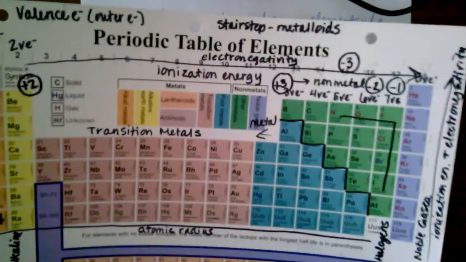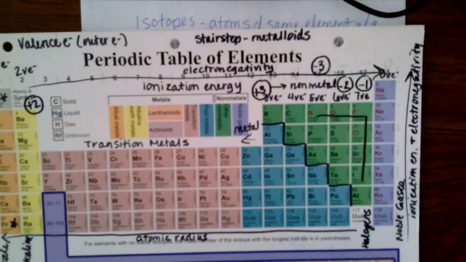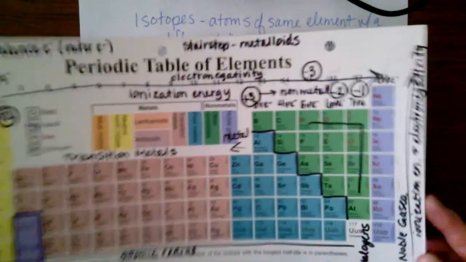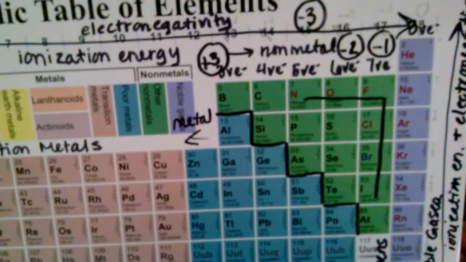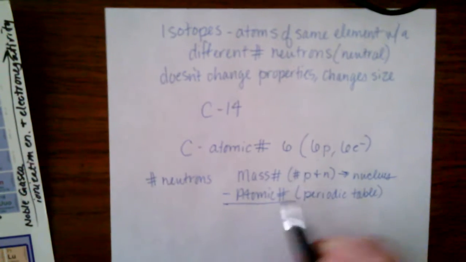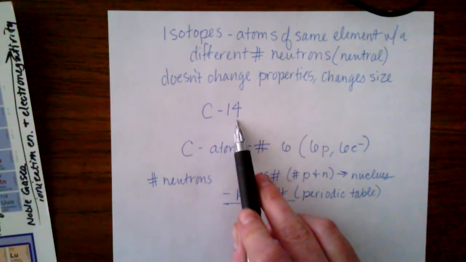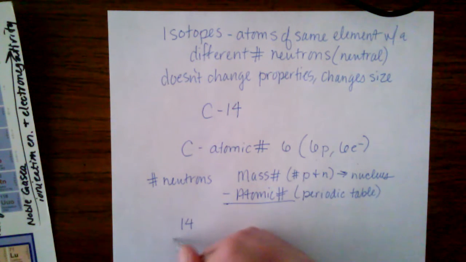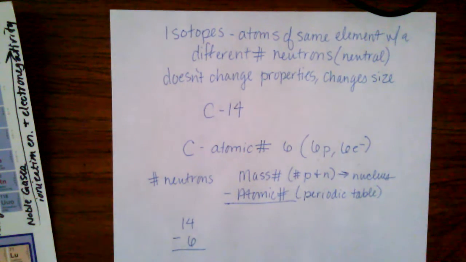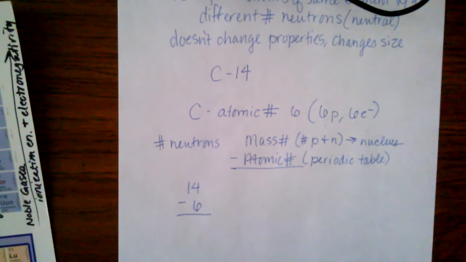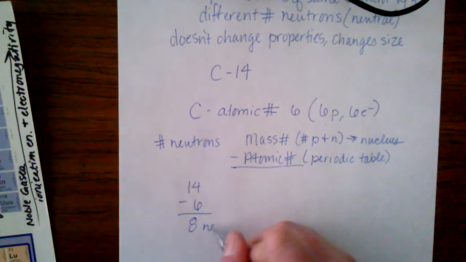So if we look at our periodic table, carbon is right here, and it has an atomic number of 6. Let's see if I can zoom in on it a little bit for you. Okay, so it has an atomic number of 6. The mass number has to be given to you, like this right here, or you have to add up the number of protons and neutrons. So in this, we have 14 minus 6. Okay, so 14 minus 6 will give us the number of neutrons. Alright, so that means that we have 8 neutrons